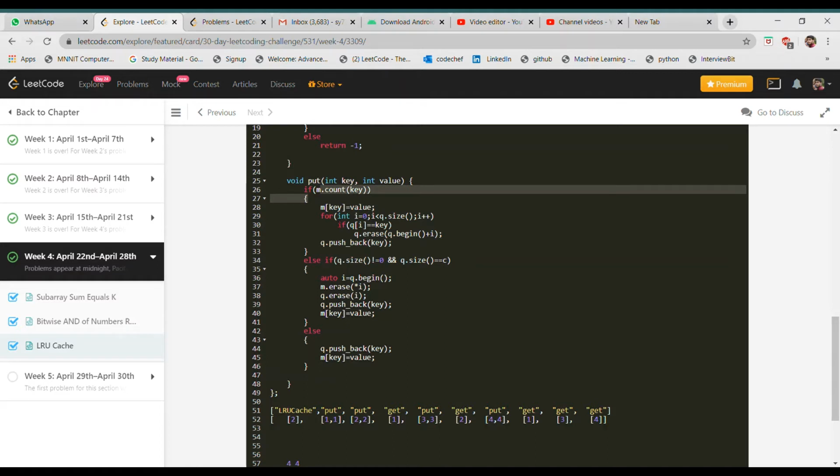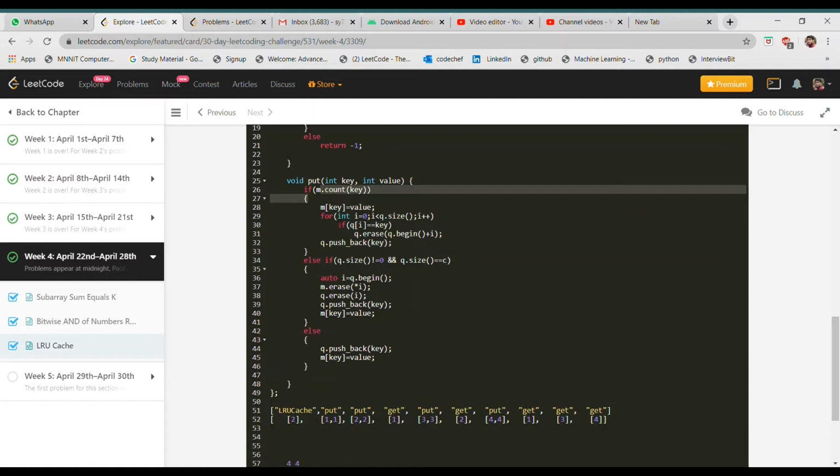Obviously we have to insert any key value pair in the most recently used position, and that is at the end of the vector. And also the key is unique, so if any key is already present, then we have to remove that